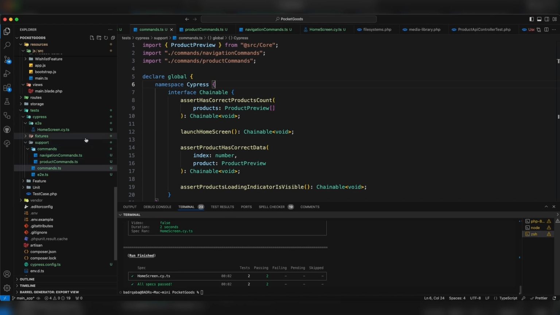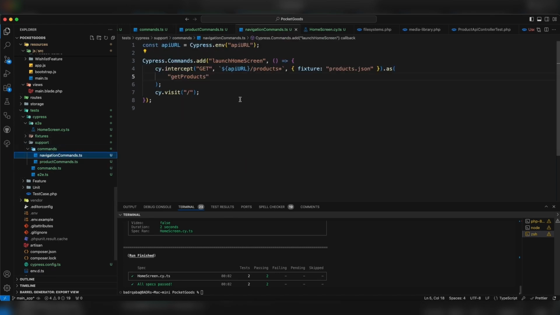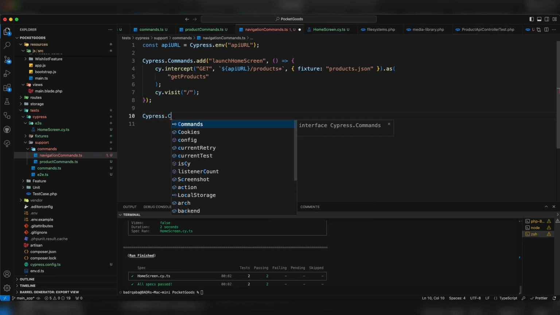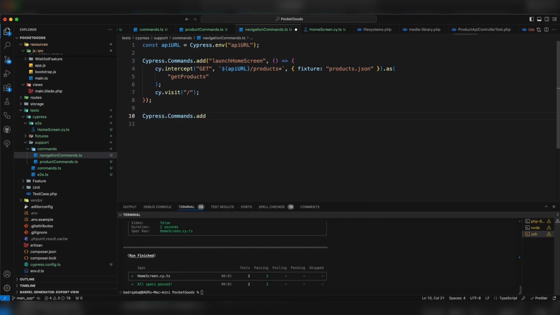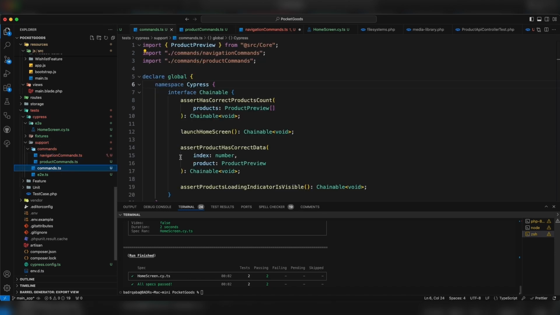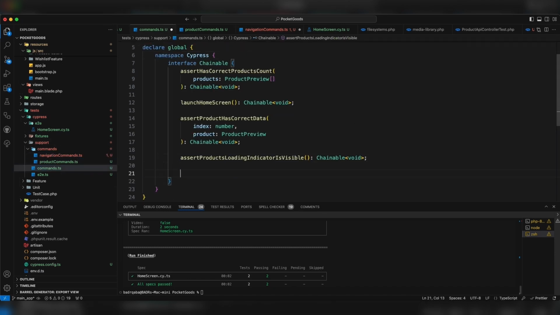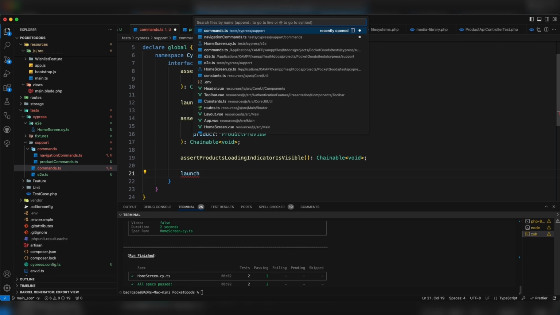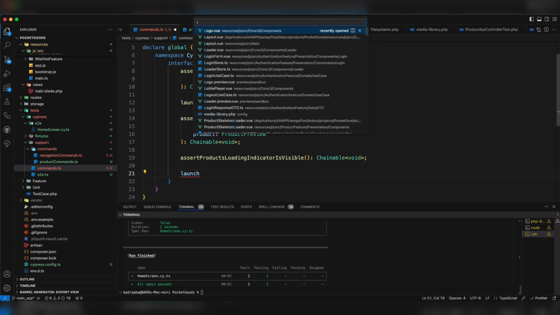So I think that has, let's go to the navigation commands. So we will do Cypress, commands, add. Of course, we have to register the command first. So I'm going to call it, and one thing that I have forgotten to tell you is under the layout, I just remembered, under the layout